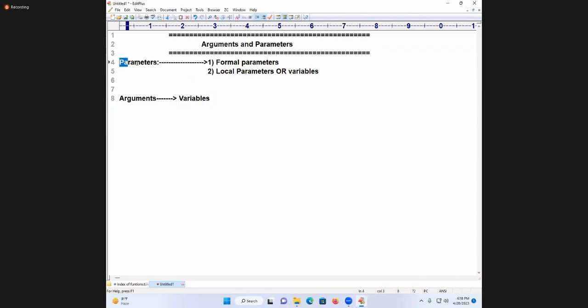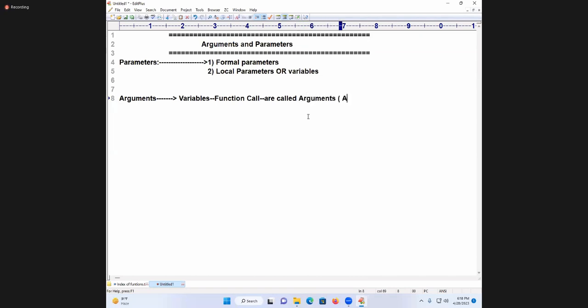Variables used in the function heading are called formal parameters. Variables used in the function body are called local variables. Variables used in the function call are called arguments.